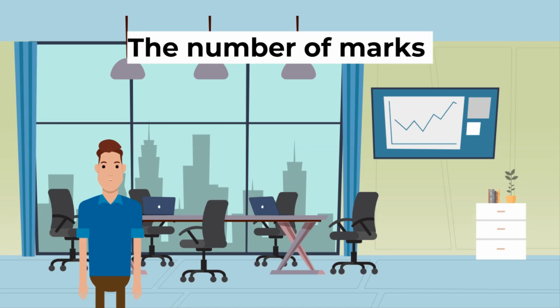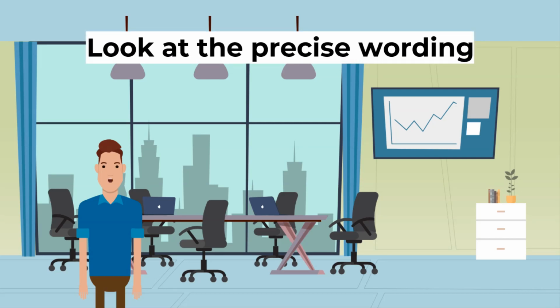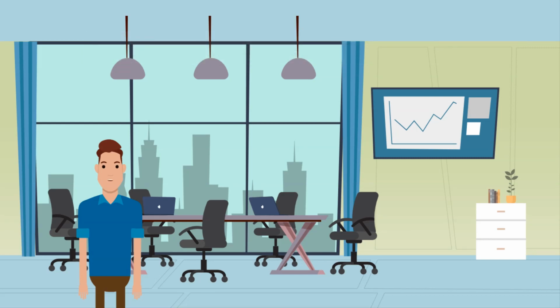It is also important that you look very closely at the number of marks that are awarded for each part of a question. This will give you guidance as to how long you should spend on each particular part. Some parts of a question will only gain you 2 or 3 marks, while other parts may be worth as many as 10 marks. Remember to look closely at the precise wording of each part of a question. You need to make sure that your answer relates to what is required. For example, you may answer a question about inflation and write all you know about its causes and consequences, but the actual question asked wanted you to write simply about how it is measured.